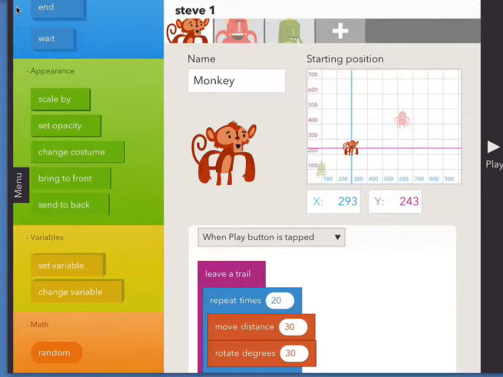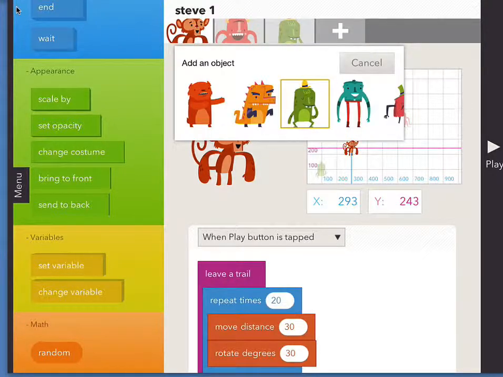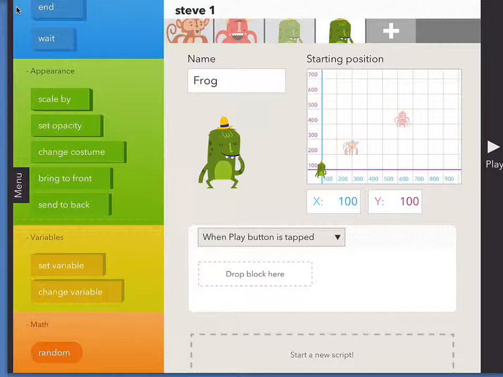We have a script, as you know, for the monkey and the octopus. Now let's get a script with plus for the frog. And we want the frog to walk forward and turn, walk forward and turn, and we want that turn to always be an angle, but we want the forward to be increasing. So I'm going to set a variable using the yellow section,